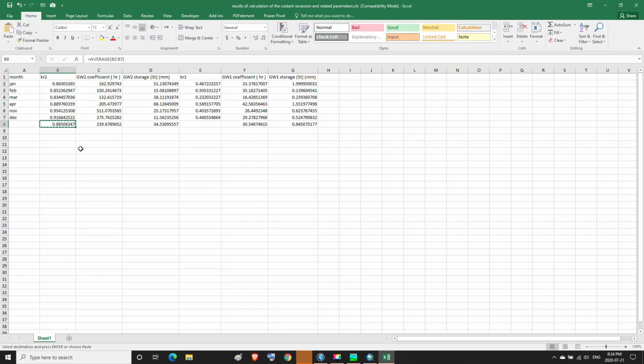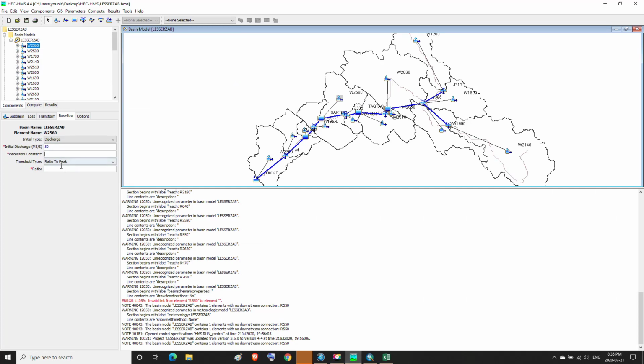Then we copy this value. Then we return to the HMS program, and in the recession constant we paste the value by Ctrl V.